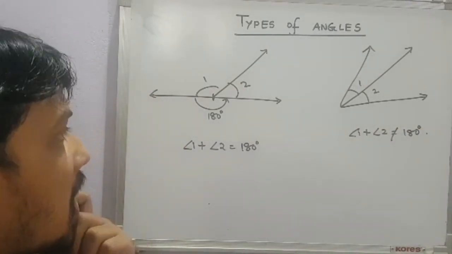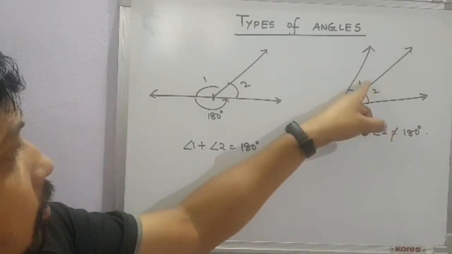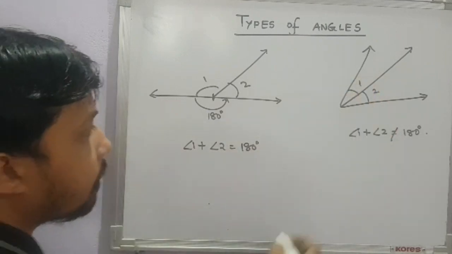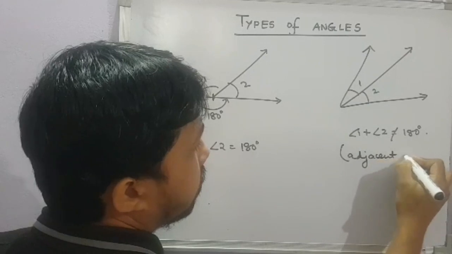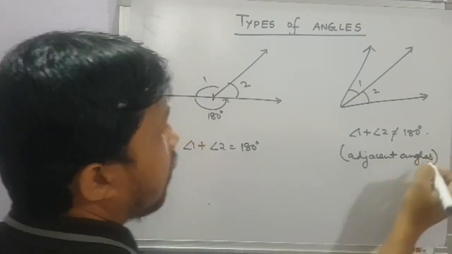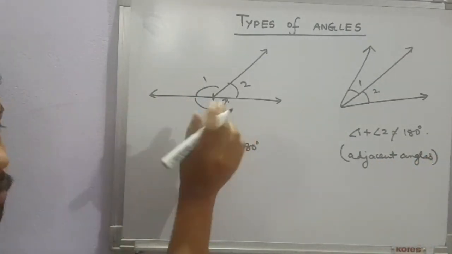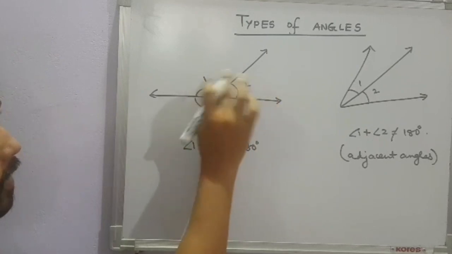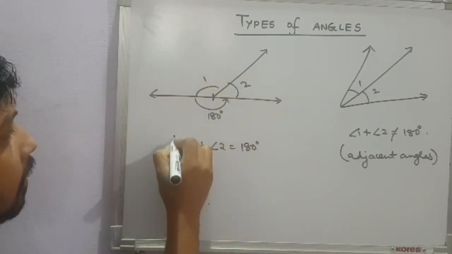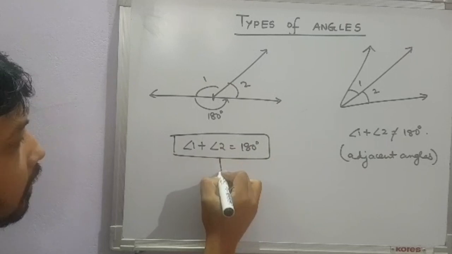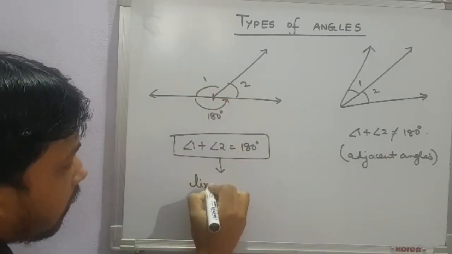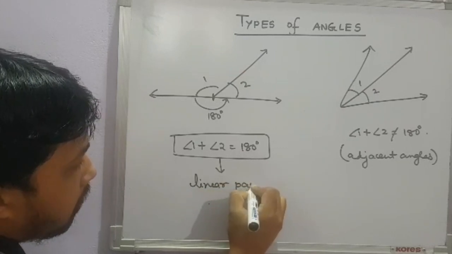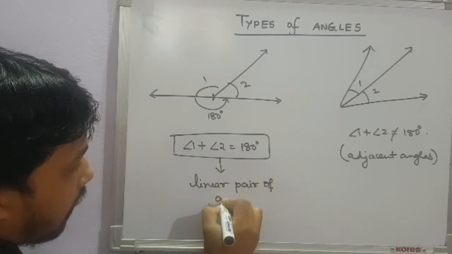In these cases where you have 1 and 2 adjacent, these are called adjacent angles, neighbors, right? And here, if you observe carefully, 1 and 2 are still adjacent angles. However, their sum is 180 degree. In that case, it's a special kind of adjacent angles, and these are called linear pair of angles,